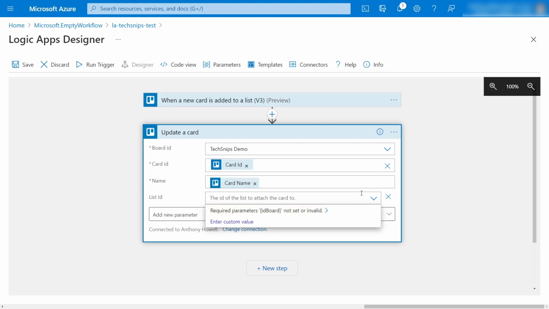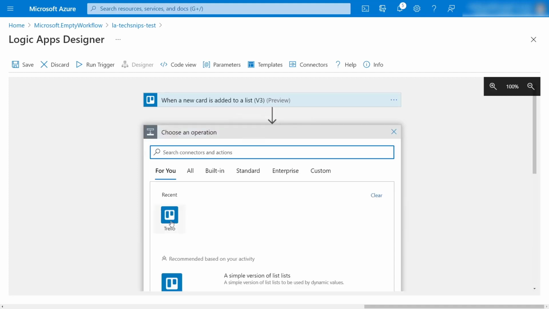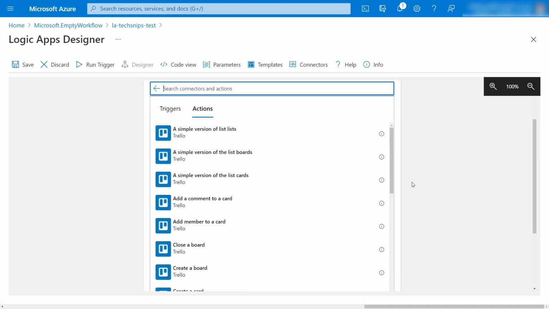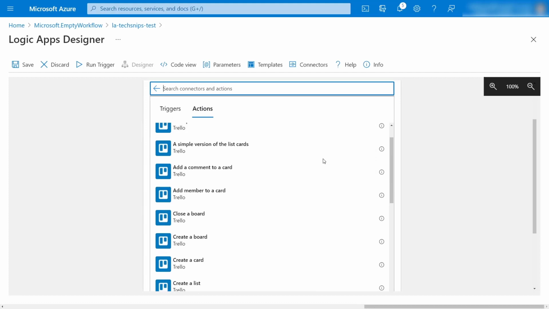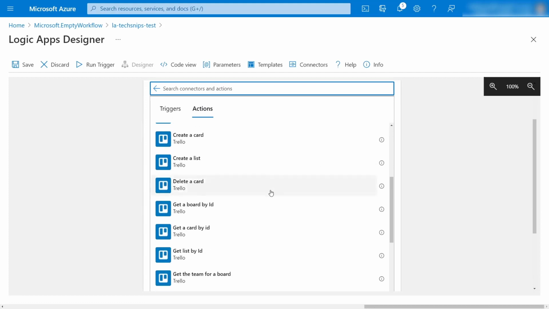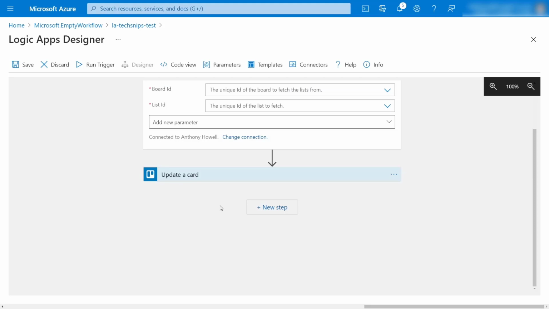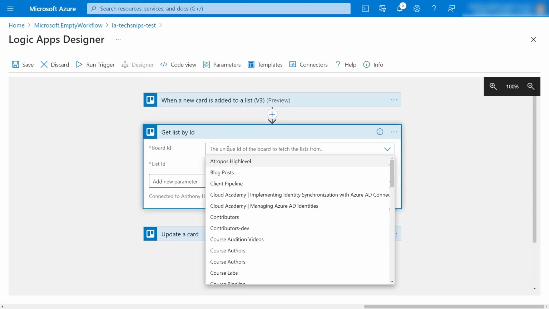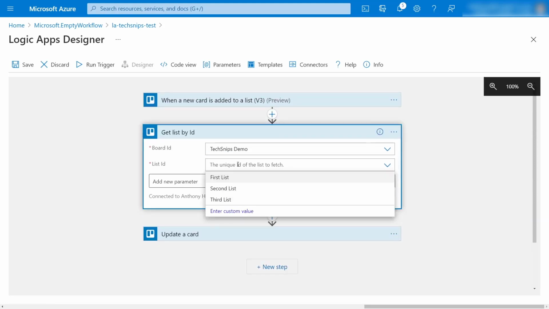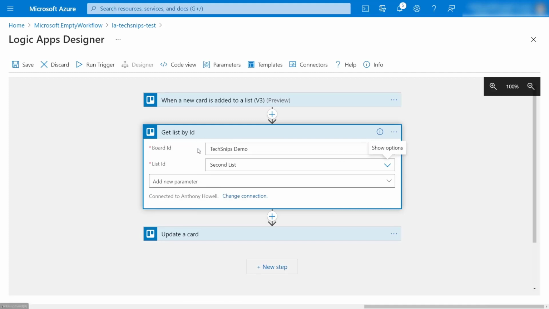So what we can do is first list out all the lists on the board by adding an action before this card. And we're going to select Trello. So we're going to scroll down and we're looking for the get a list by ID action. Get list by ID, here it is. And this is where we can select the board again. And then we can select the list ID. In this case, we want to move it to the second list. So we'll click on second list. What this will do is return the ID of the list so that now when we go back to update a card, we can